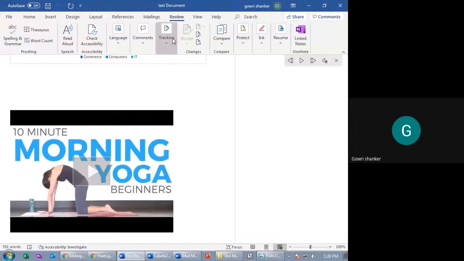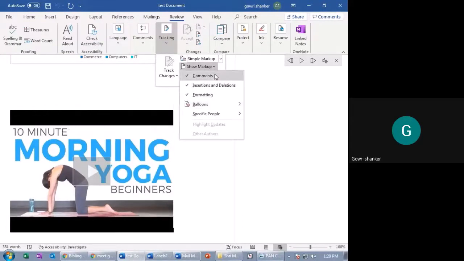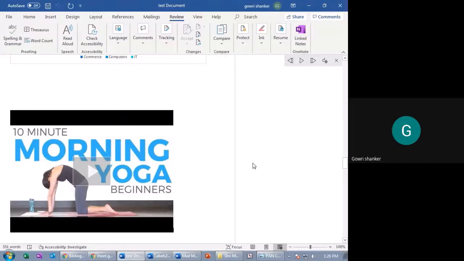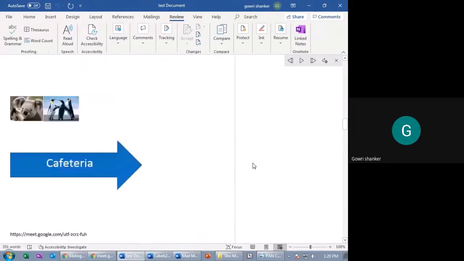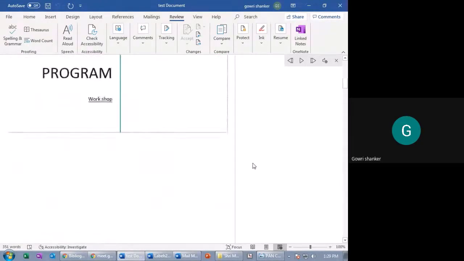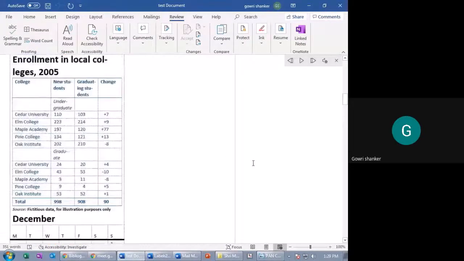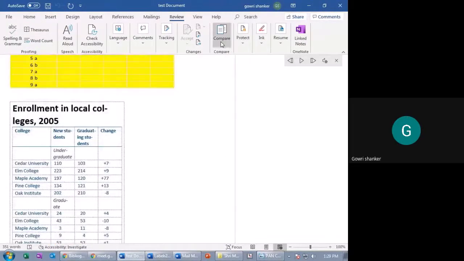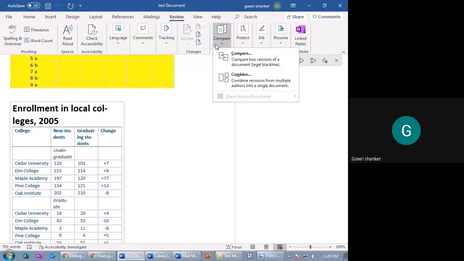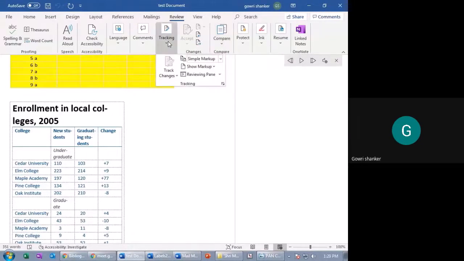Okay. Next you have tracking over here. It is simple. Show Markup, comments, balloons. Only mark comments. One second. See, the comment has been hidden.